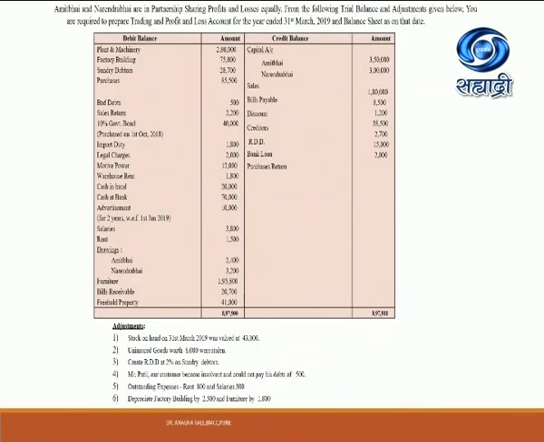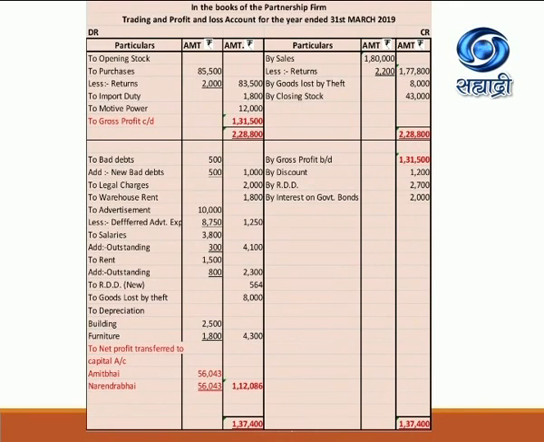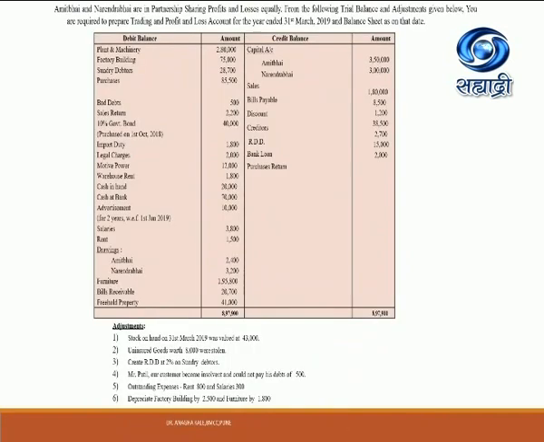Then RDD, this is reserve for doubtful debts given in trial balance, so old RDD. So old RDD again has only one effect, that is in profit and loss account. Profit and loss account credit side, you will find by RDD 2,700. Either we can show on credit side of profit and loss account, or if we want to club bad debts and RDD together, then this old RDD we have to deduct and will be showing net amount on debit side of profit and loss account.